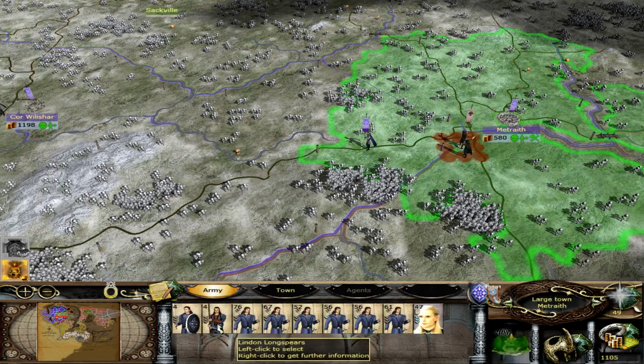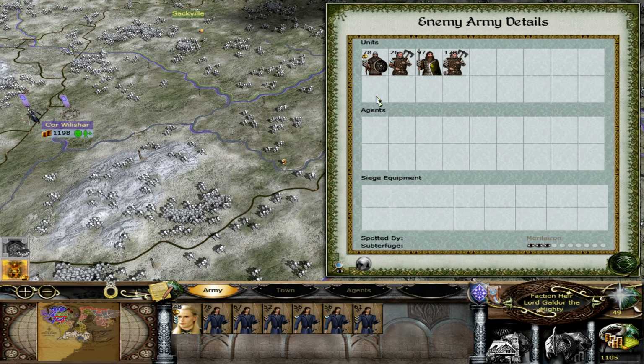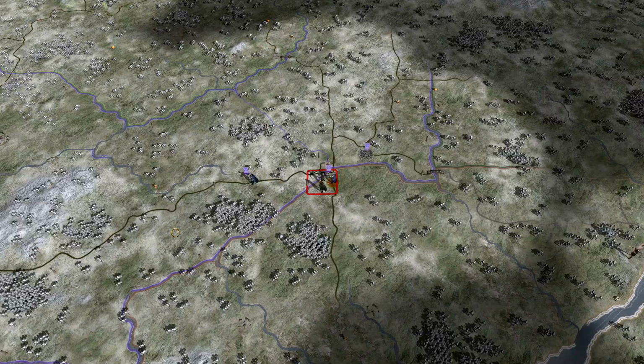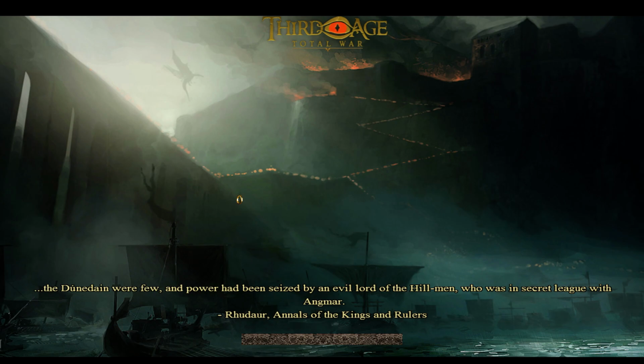And this army can attack Captain Naugos. Nothing ranged. We're gonna completely skirmish them down. However, I forgot to